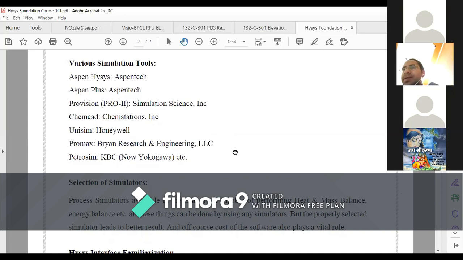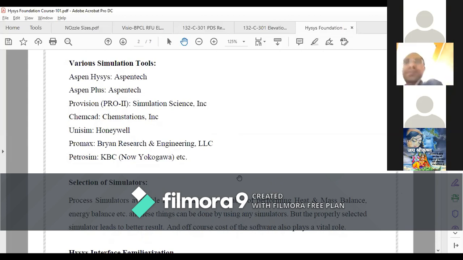Let's say you are working in an organization which mainly handles oil and gas and refinery projects. For that, Aspen HYSYS will be the better option compared to Aspen Plus.